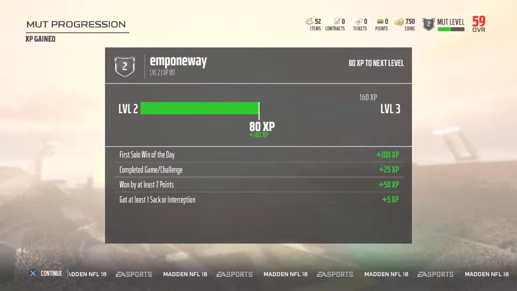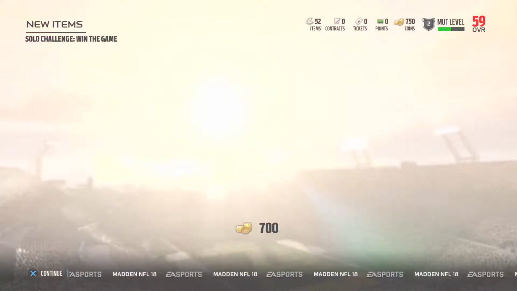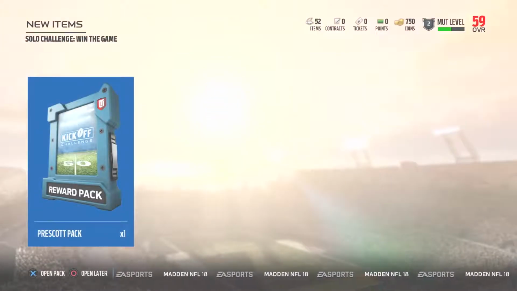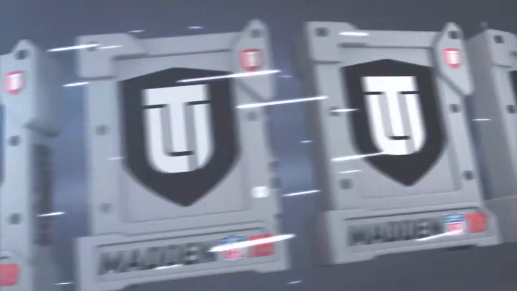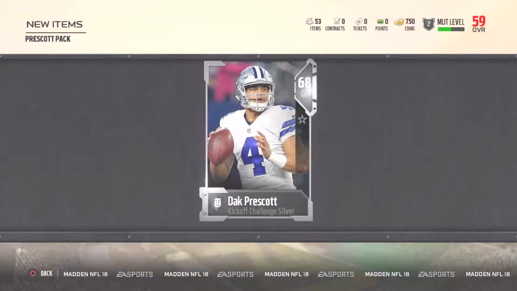You have to level up in order to open up other challenges, from what I can understand and see. So we got 80 experience points there, plus 180. There's our 700 coins that we add in. You can get coins pretty quickly here. And then for winning the challenge, we get this Prescott pack. So we go ahead and open up the pack, and we get Dak Prescott from the Dallas Cowboys, who's a